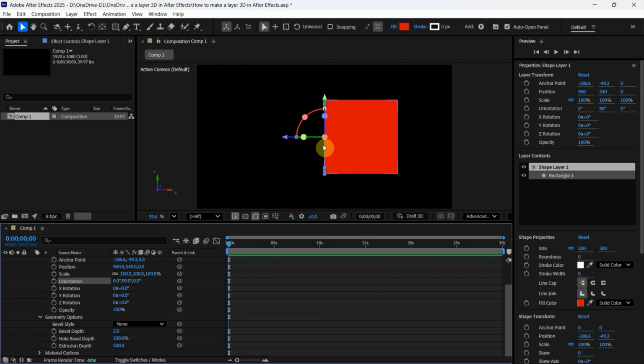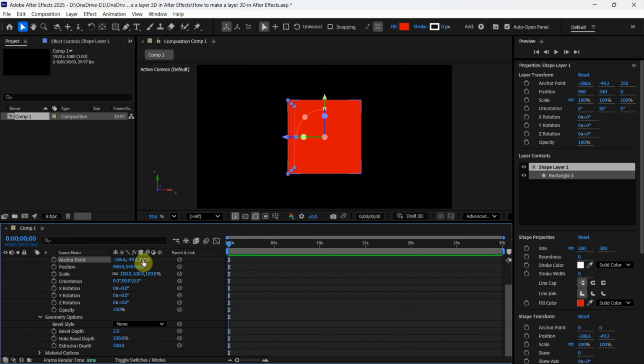Next step, we can make the anchor point at the center of the group. So we can adjust the anchor point here. I type 250. Next, if we want to make an animation, we can check the stopwatch in Orientation,